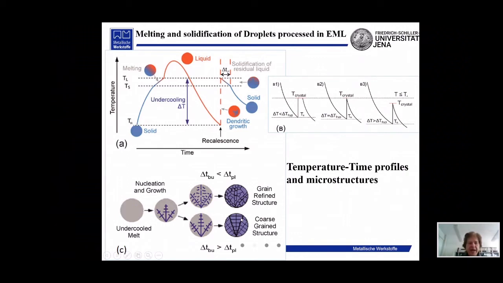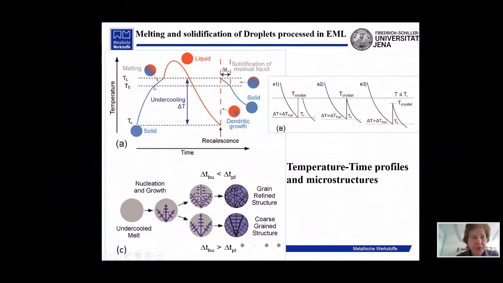So the Hult's cycle for temperature versus time we show here. So we have room temperature at which our droplet exists. As I told you, we put it into the special holder at the special table, and then we switch in the generator, and due to the induced electric current, once again we have a solid droplet at room temperature. Then, due to the induced electric current after switching the generator in the EML camera, this droplet will heat up